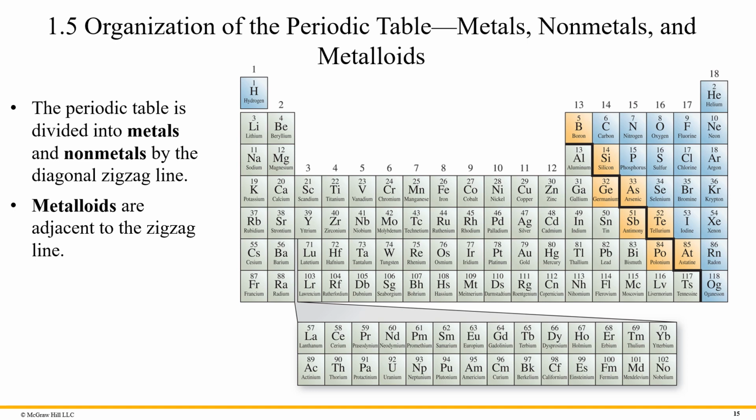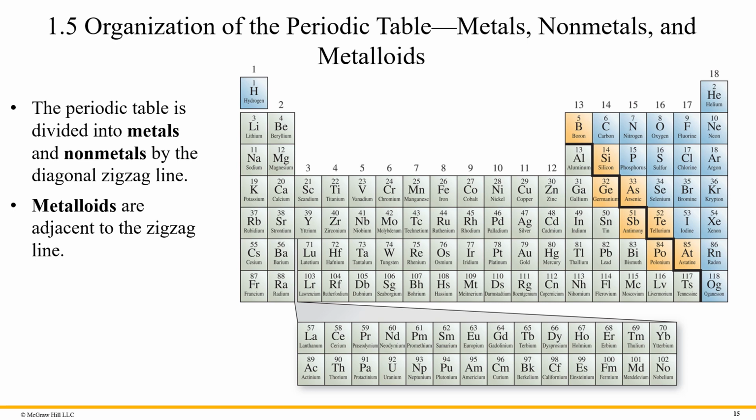Okay, the last piece that we're going to talk about in this series is the organization, or the division, of the periodic table into metals, nonmetals, and metalloids. Most of the periodic table, if you see here in this pale green, is made of what are called metals. In the light blue, including hydrogen, even though hydrogen is written to the left, it really belongs to the top right-hand side of the periodic table.